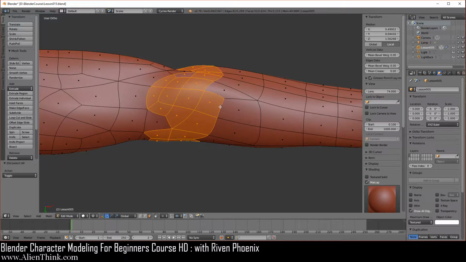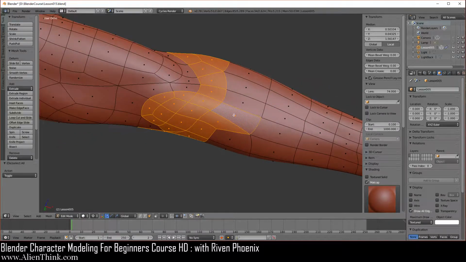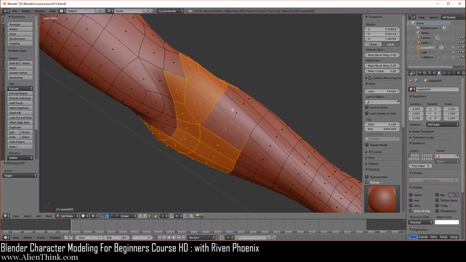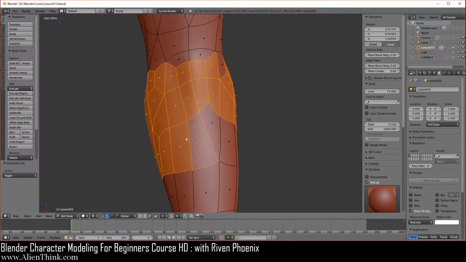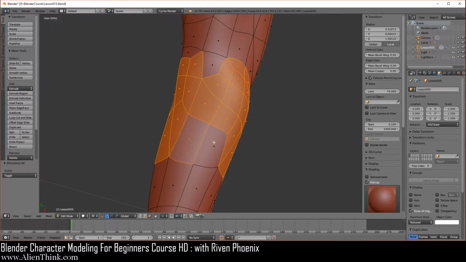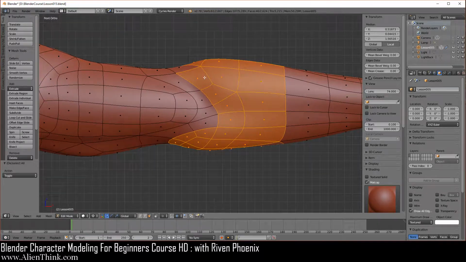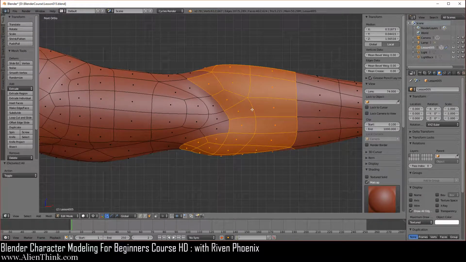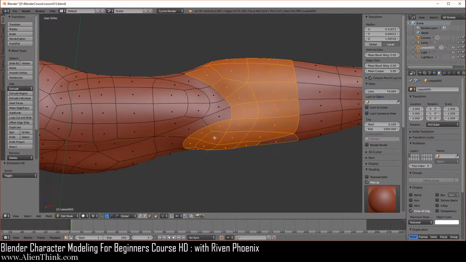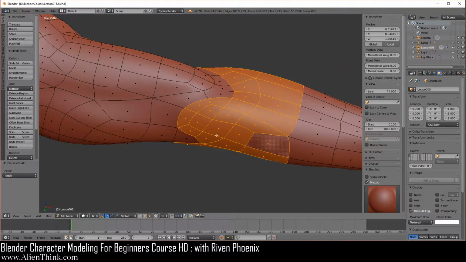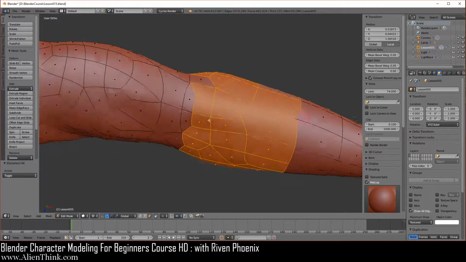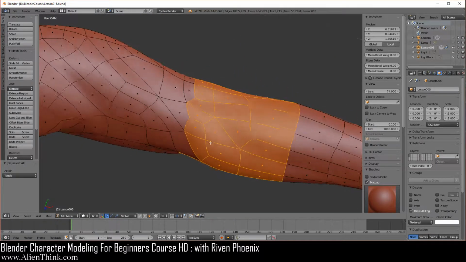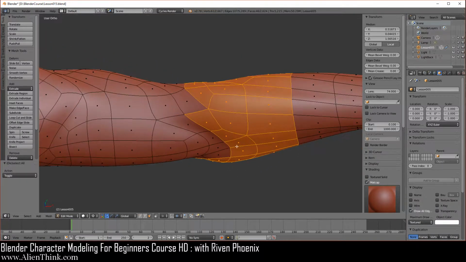Okay, so I'm just going to make sure that all of these are selected. Then we'll select them really quickly over here. Okay, so now if I go to the front view, I just want to show you what I'm selecting over here, right? So I've gotten this whole thing selected like this. Then I came in here and selected all these over here. Then I didn't select this one, but I selected all these over here just like this. Okay, so make sure you get it in this pattern.